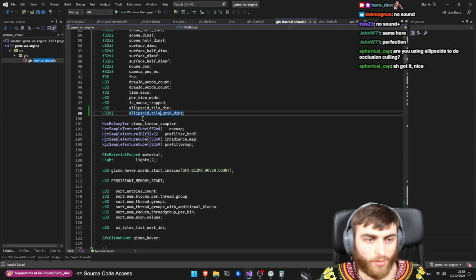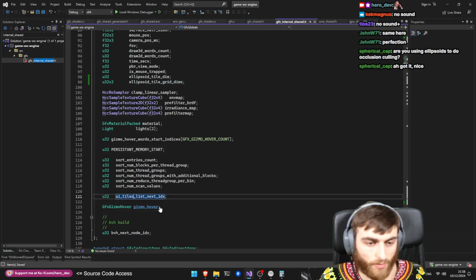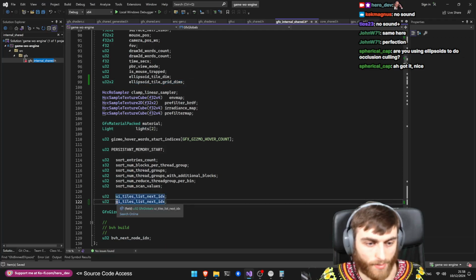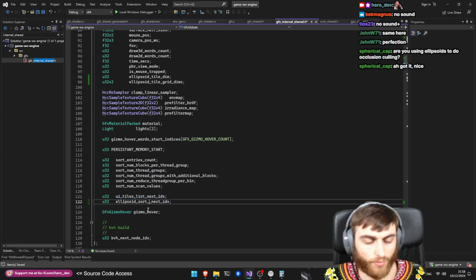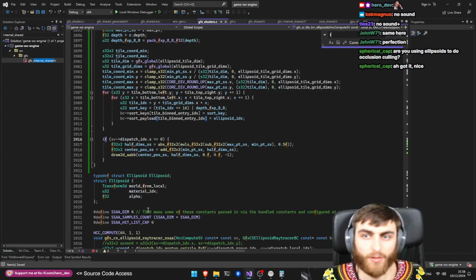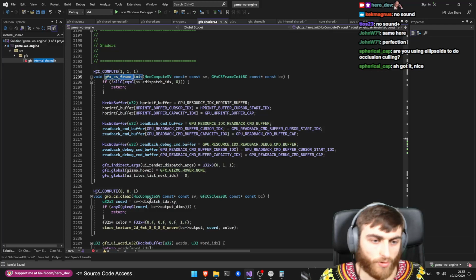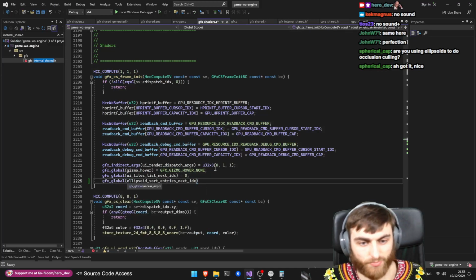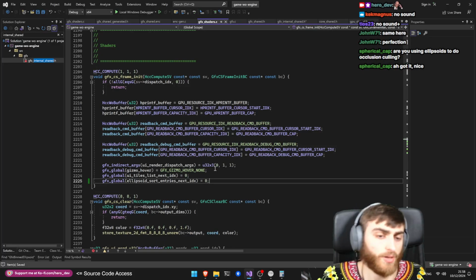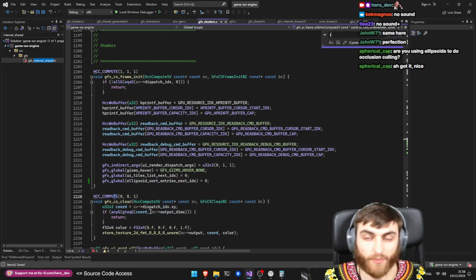So we need to add some system memory start. Good. So I want to put in something where it's like ellipsoid sort entry next index. So the start of a frame is a shader called frame start. Allows us to set up some global sort of context. Just set up stuff. So we just clear it to 0. Then what we can do is in that tile bin,